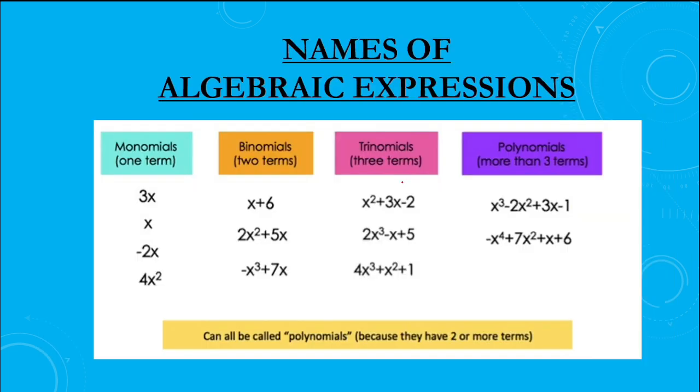Now, names of algebraic expressions. Okay. So in an algebraic expression, if there is one term it is called a monomial, 2 terms is known as a binomial, trinomial means 3 terms, and polynomial means more than 3 terms. Okay. Suppose the example is 3x, it is 1 term so it is known as a monomial. Similarly binomial, x plus 6, it is a binomial. So tell me, x plus 2x is a dash, monomial or binomial? It is a monomial, because after we solve, they are like terms.